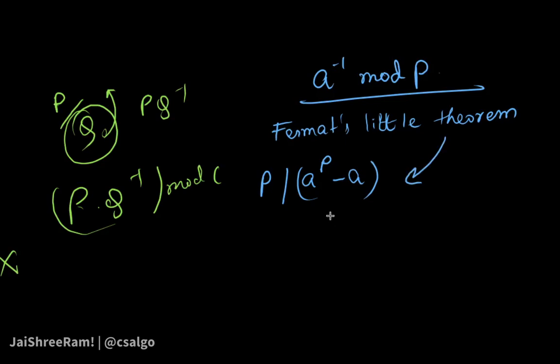Now in general, when you need to find the inverses and such, what you can do is find a to the power P minus 2 mod P. Okay, you need to find this number, and what I claim is that this is your inverse. Okay, now why is that? Why is this always your inverse? Let's look into that.